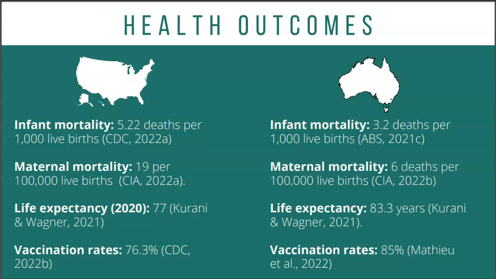younger age brackets. Life expectancy, along with child and maternal mortality, are important and often used measurements for gauging a population's health. More than 3.6 million babies are born in the U.S. annually, and infant mortality in the U.S. is currently 5.22 deaths per 1,000 live births, while the current maternal mortality rate is 19 per 100,000 live births. Life expectancy was 77 years in the U.S. in 2020, a decline from years prior due to the mortal impact of the COVID-19 pandemic,